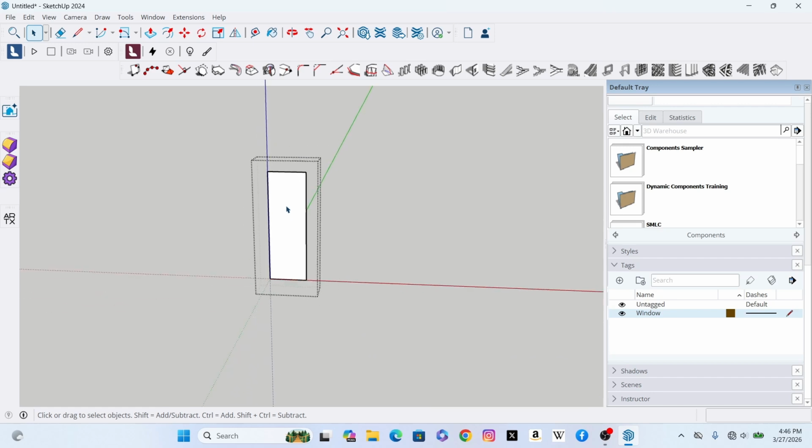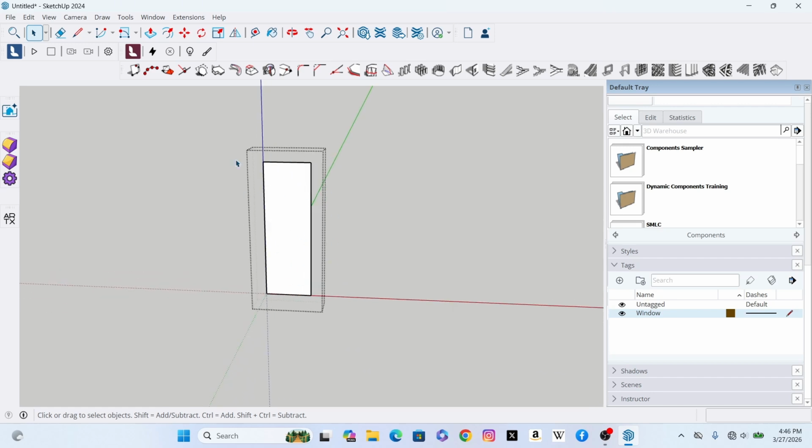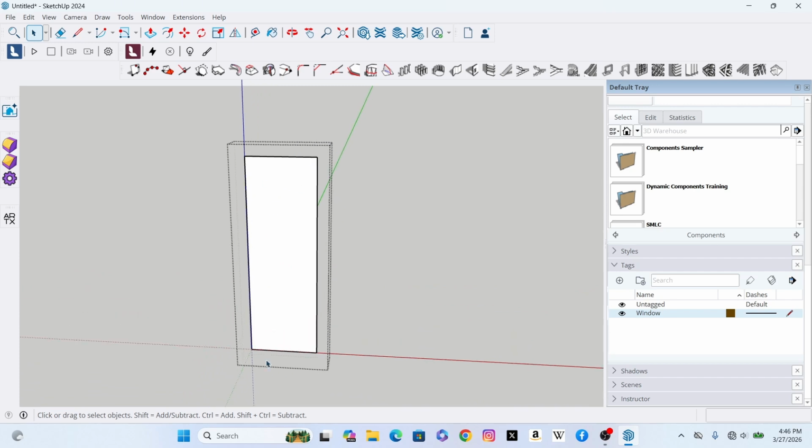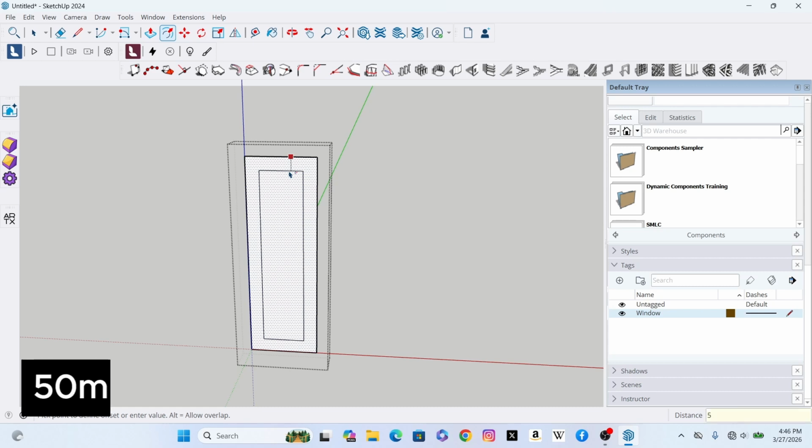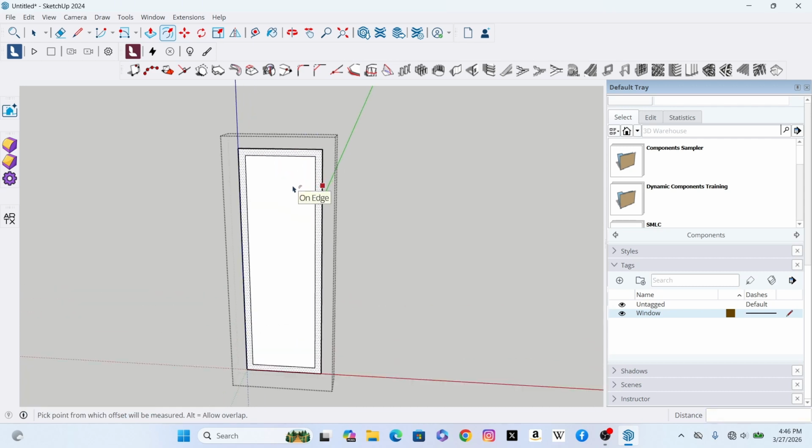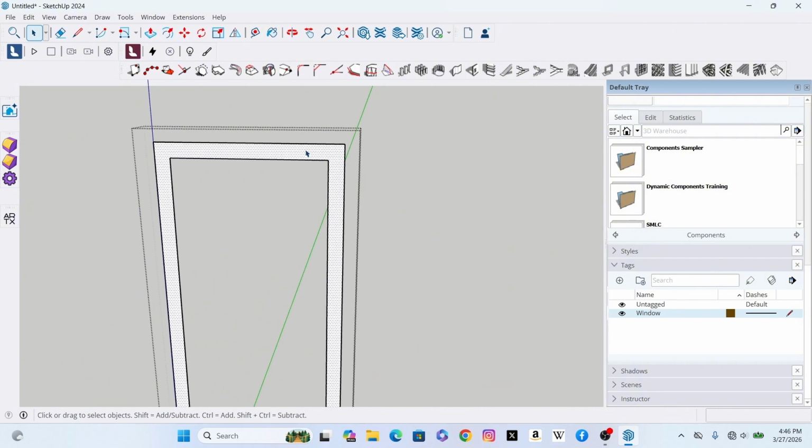You notice that when you double click on it, this rectangle is enclosed by imaginary lines, indicating that this rectangle over here is enclosed in a group. So still I'll select it, then I'll click at this offset tool, then I'll offset it inwards at a distance of 50 millimeters. Hit enter. Then next I'll click at this arrow key, then I'll click at this inner portion of the rectangle, then I'll delete it. Then next I'll click on it, then click at this push pull tool,